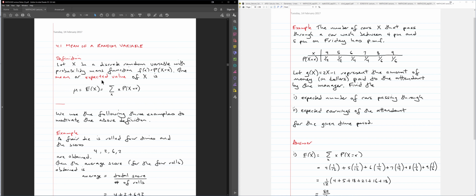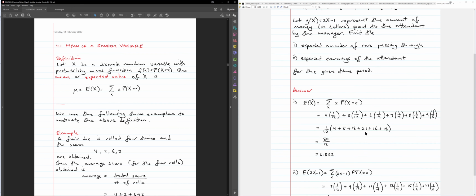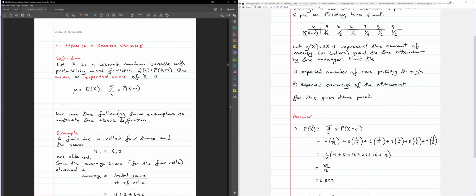so we're going to be using expected value. I'll explain a little more as to how you're going to interpret expected value, but let's just get familiar with using this formula. The expected value of X is you sum over all possible values of your random variable, and you take the value of your random variable and multiply by the associated probability for each value. So you'd have X equal to 4,